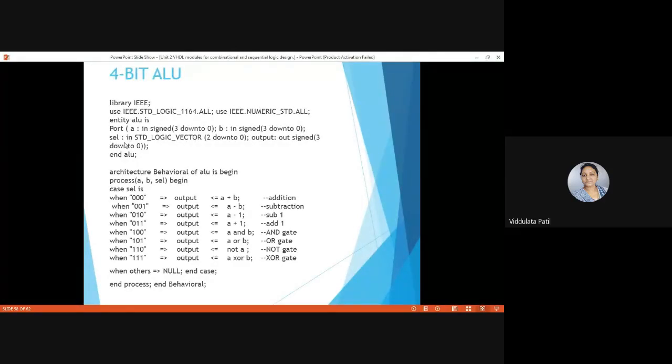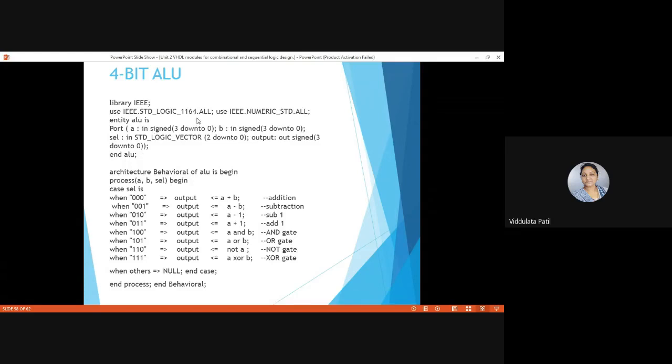Then we have the select input, SEL colon in std_logic_vector, and the range is from 3 down to 0, semicolon. And then the output port, which we name output, is out type signed 3 down to 0.